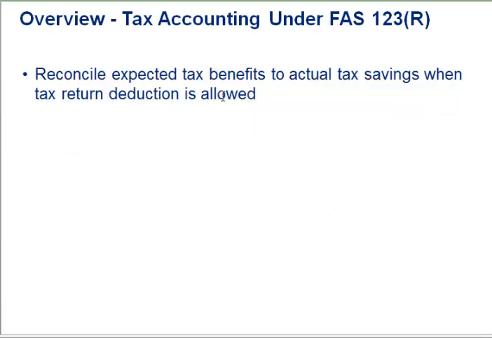Okay? Bullet 2. Reconcile the expected tax benefits to the actual tax savings when the deduction is allowed. So we said earlier in our example that we expect a deduction of 100. Our actual deduction, well, it might be 90. Well, it might be 110. And we need to figure out what that difference is going to be. So we true it up, right? So if it's 90,